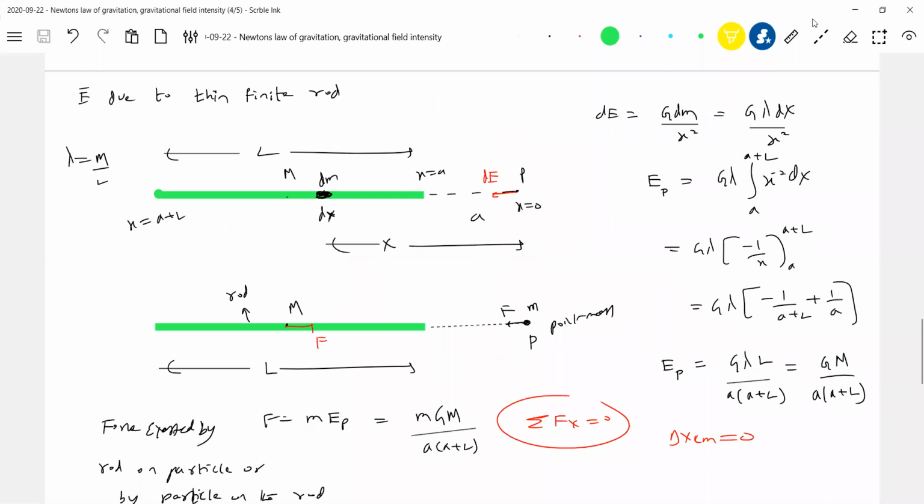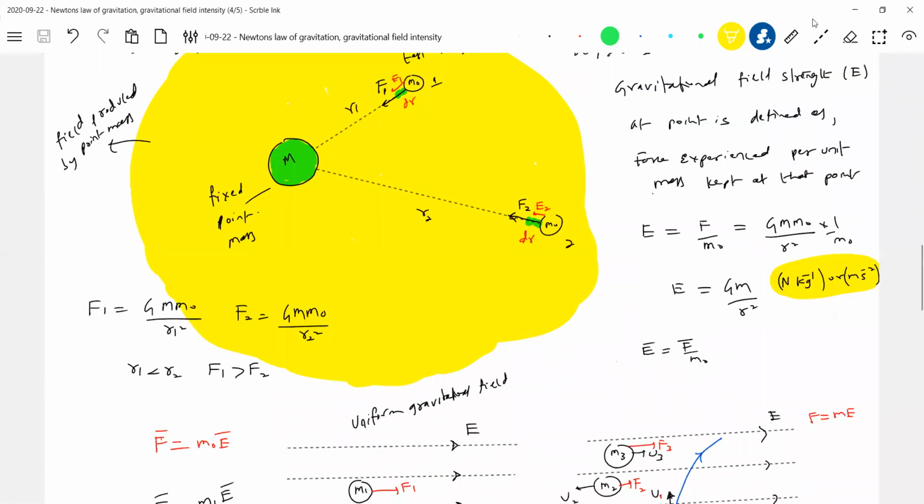The imagination is what is needed. As I think in our books, they're not showing it. If you take Resnick and Halliday or any other book, they show that particular cloud to make the imagination of the field. If you take the color print and make an observation, they show that particular field surrounding it. Now next again, let me